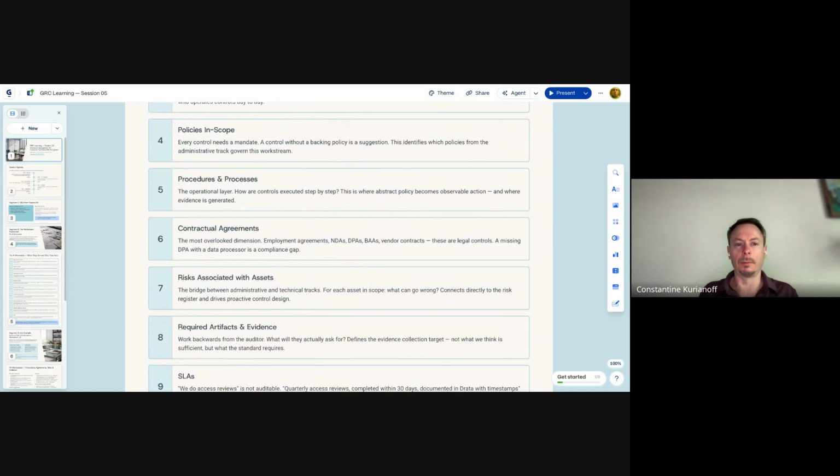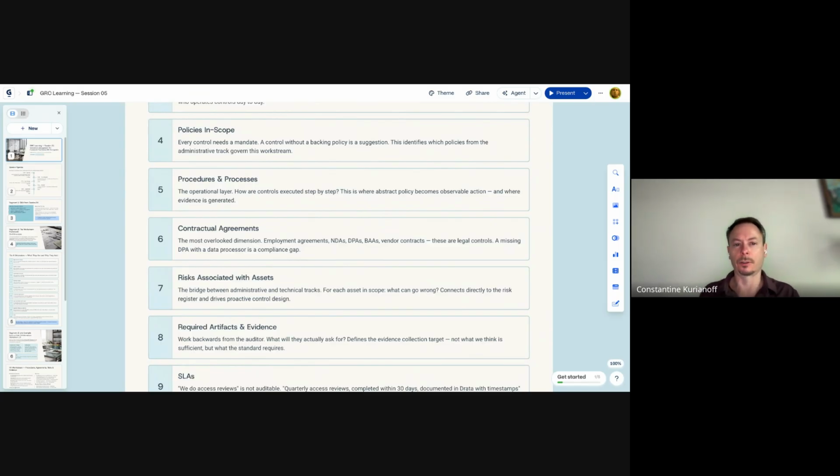Then whatever agreements could be in place. If it's an HR work stream, then it's obviously the code of conduct, the employee handbook, the employment agreement, the job offer, whatever HR is exchanging with the employees or contractors through the legal department or directly.